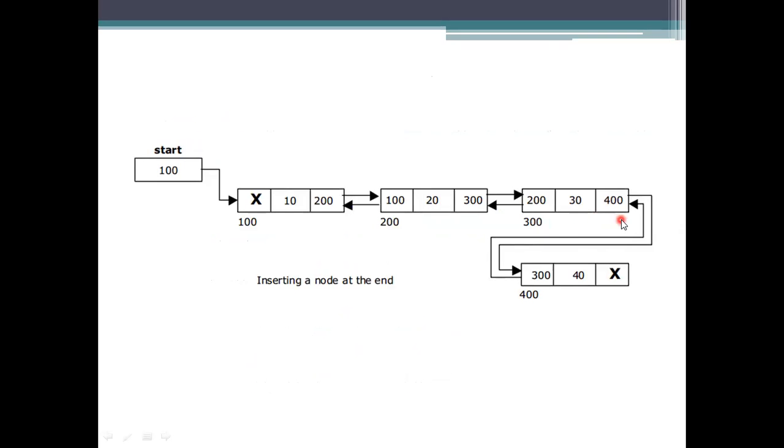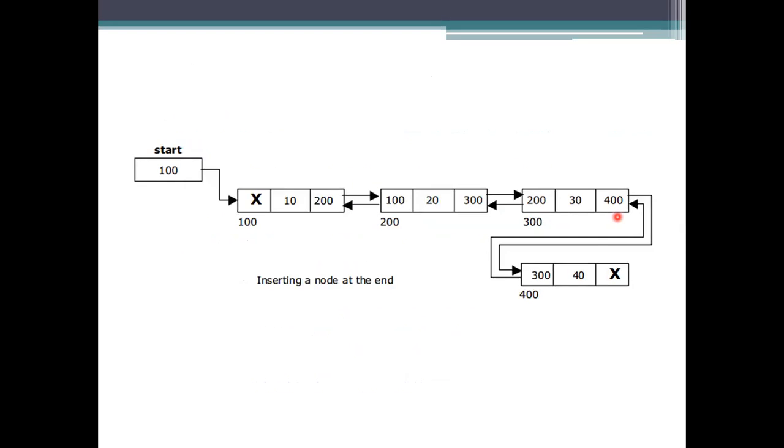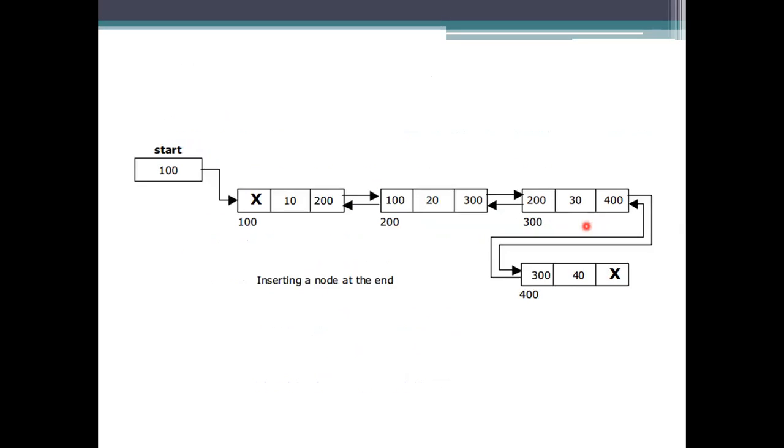So first, from which one we need to start: where I have to insert, at this end I need to insert. So the first representation to be done here is to check whether it is not equal to null or not. In the previous steps of adding multiple nodes, the same code will be represented here. So first remove this, we need to form a link here. We need to remove the null.